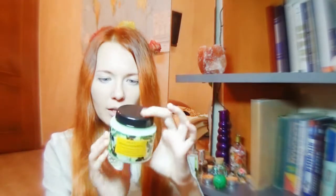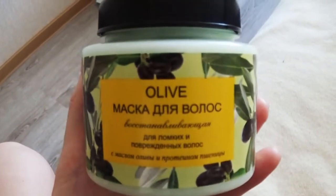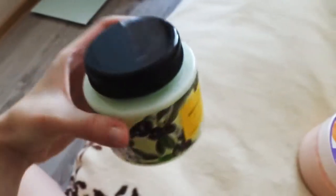And last but not least is this new buy of mine. I bought it the other day. It's called Olive Mask for Hair, regenerating against breakage and against thinness of your hair with olive oil and wheat proteins. Of course, it's written in Russian since it's a Russian company. 250 milliliters,